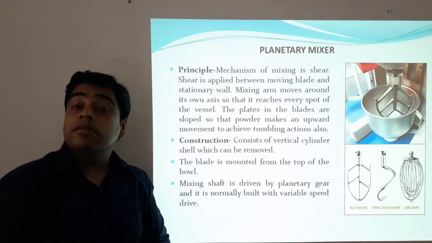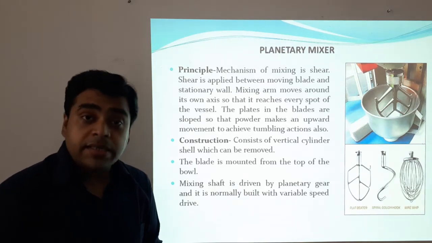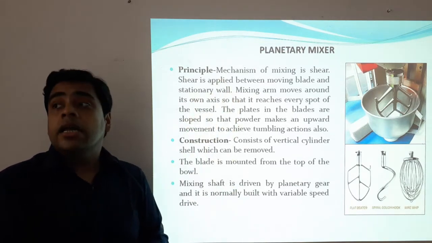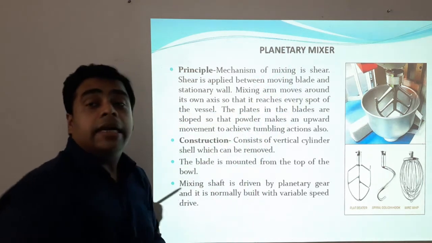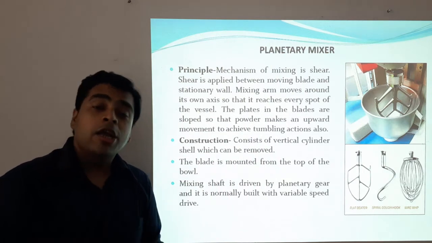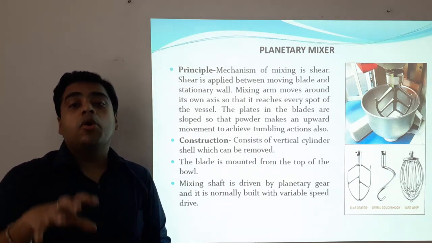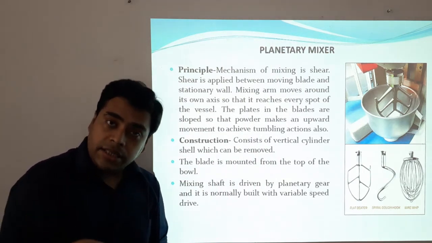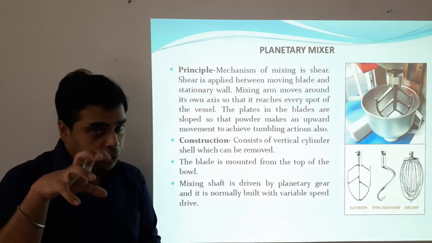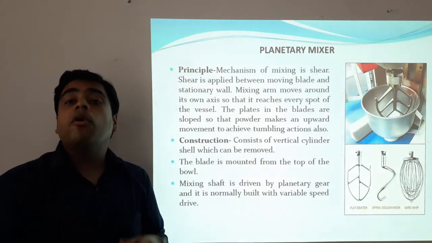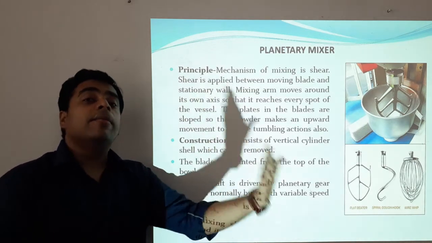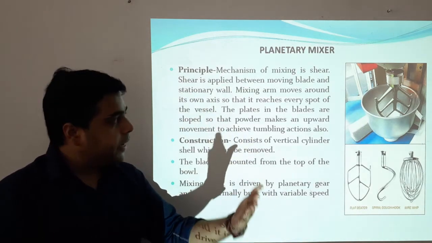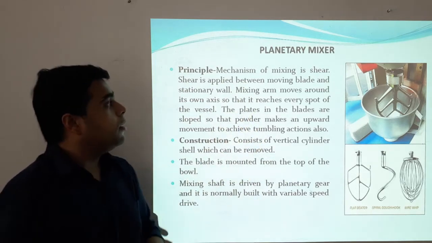Next, another important machine, another static type of mixer, that is the planetary mixer. Now please pay attention. We are using the term mixer here. It is not a blender. Why is it a mixer? Because of the high amount of shear or energy being utilized for breakdown of lumps or for mixing of the powders. So that's why it is a mixer, and the ribbon blender was a blender, and this is a mixer because high shear is done.